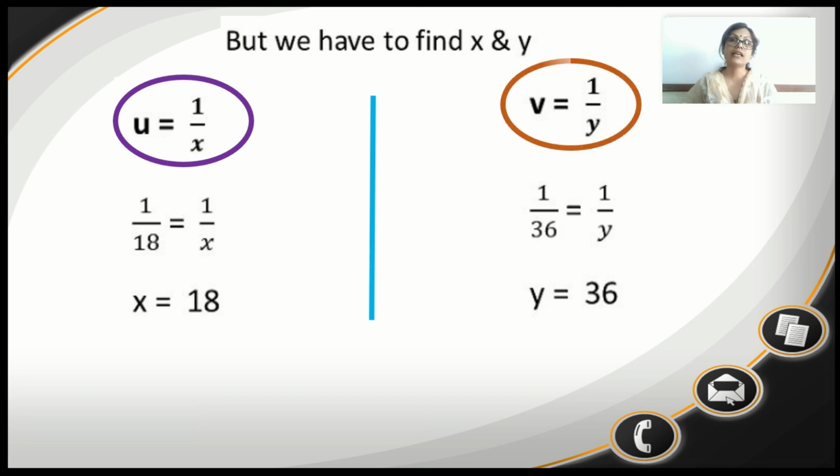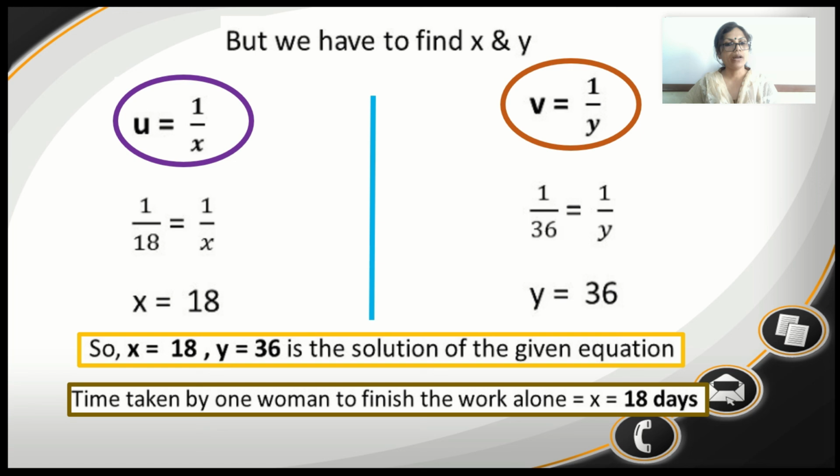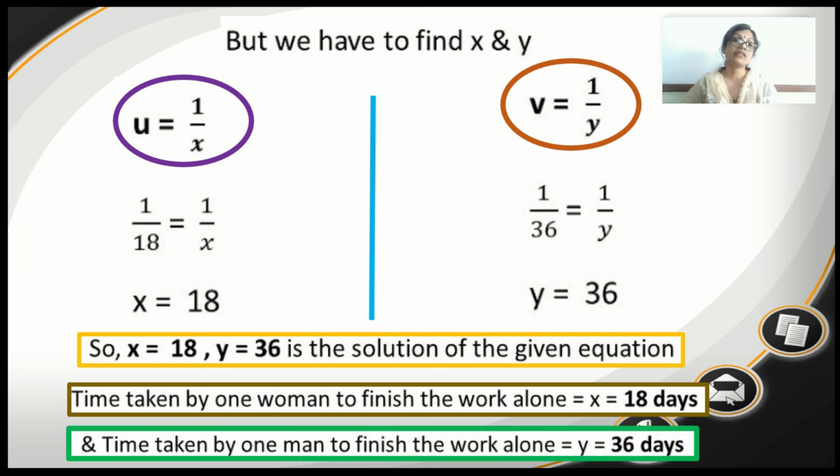What have we taken x and y? Because that is our solution. So time taken by one woman to finish the work, which we have taken as X, that we got as 18 days, and the time taken by one man to finish the work, which we have taken as Y, is equal to 36 days. So this is how the sum is solved. Always keep in mind, in the exam, the moment you see work done and time taken, your condition will always be time taken to complete the work in one day. This is very important to keep in mind.